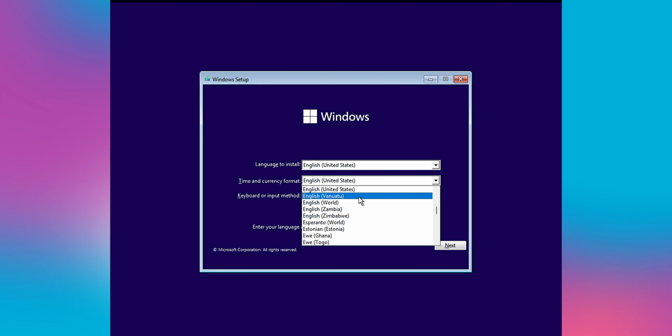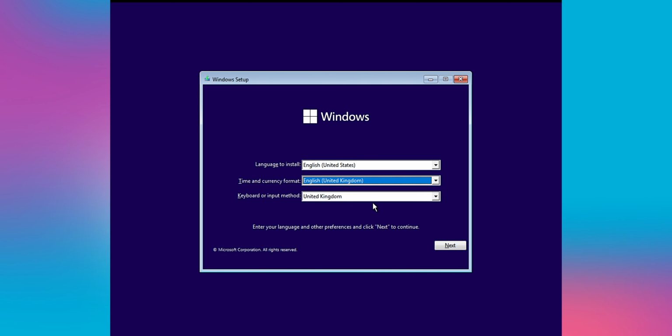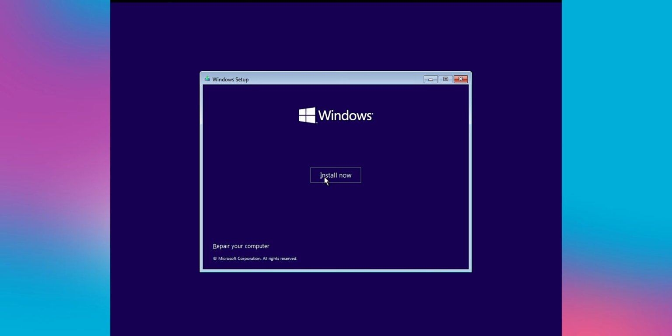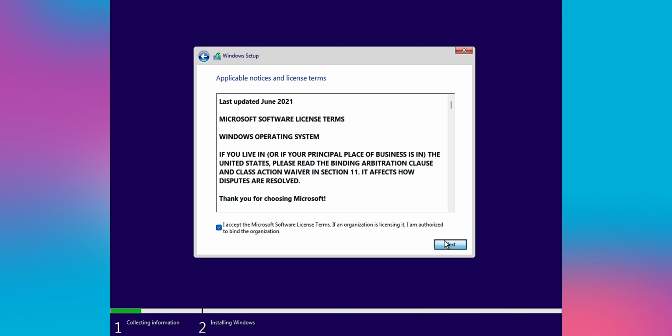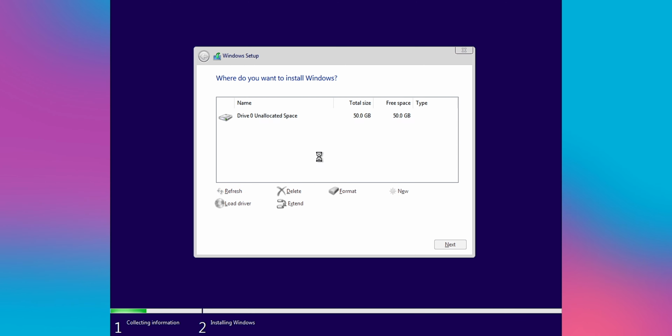When Windows 11 does get released, thankfully it'll be just as easy to install as Windows 10 was. Simply follow the on-screen prompts, accept the terms and conditions, and then you'll have the option to do an upgrade or a custom install if it's a new computer. I imagine you'll be able to upgrade directly from Windows 10, but I don't think you're going to be able to upgrade from Windows 7 or Windows 8.